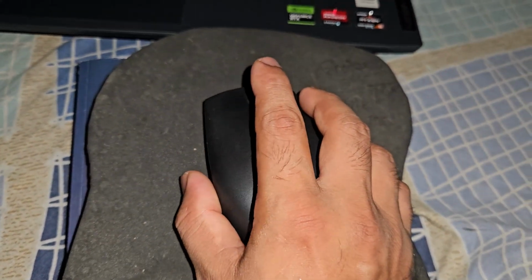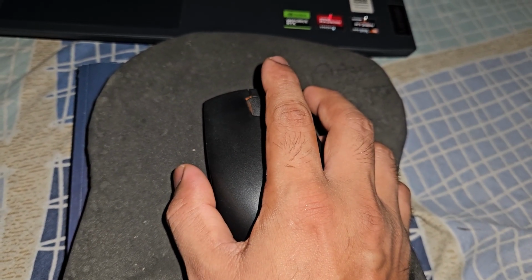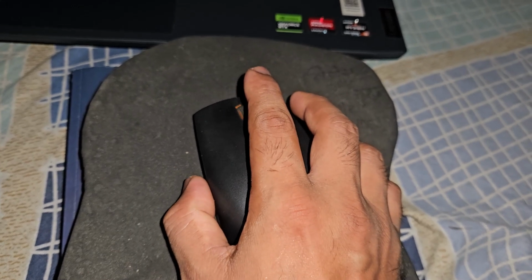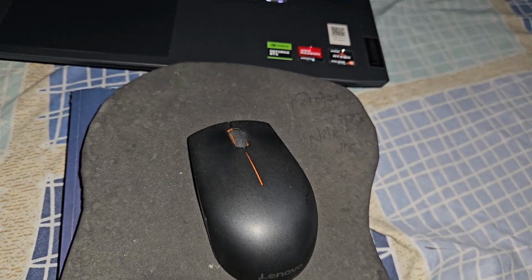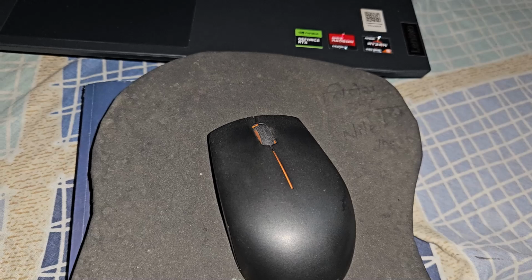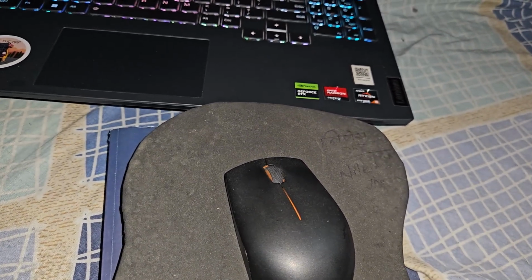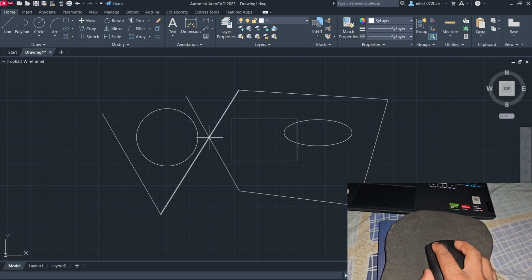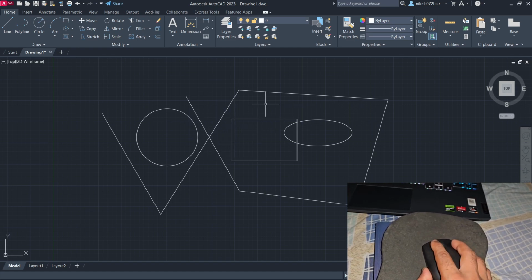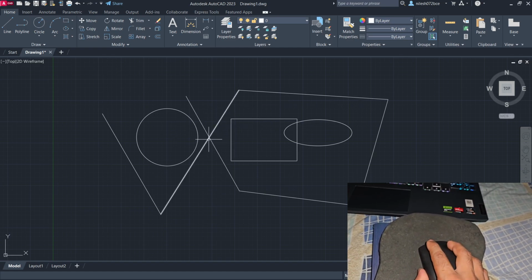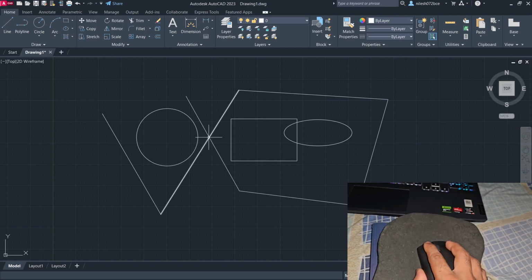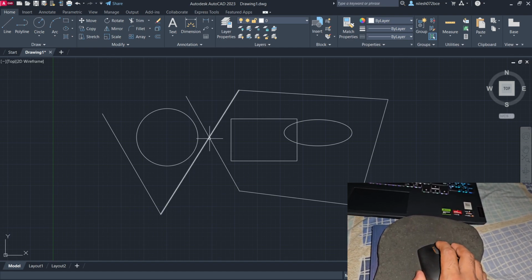If you want to zoom any part of your drawing, put your mouse cursor at that point and rotate your mouse wheel in either direction. But before that, let me create some sort of drawing. Now if I want to zoom any part of this drawing, I will simply put my cursor at that point and rotate the wheel of my mouse.